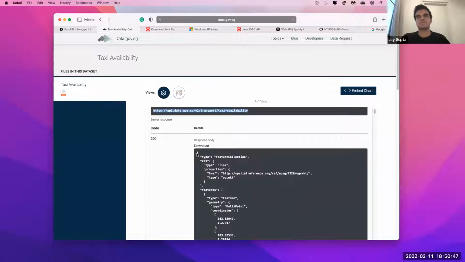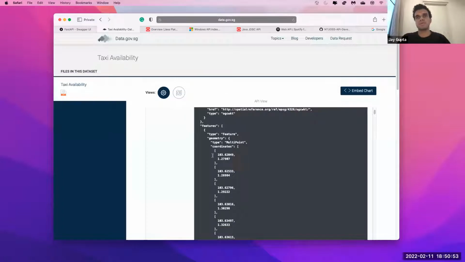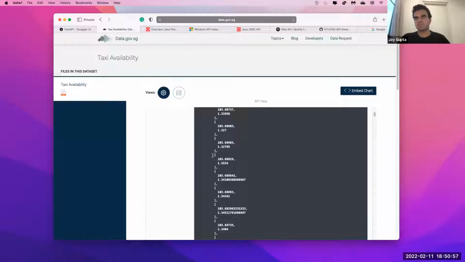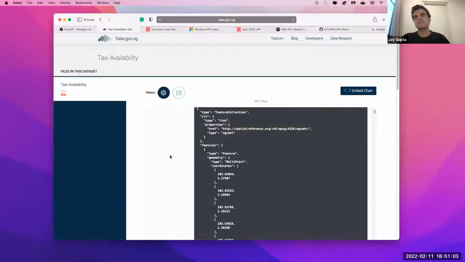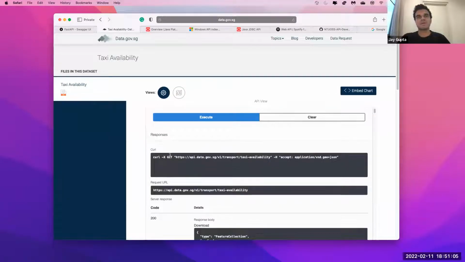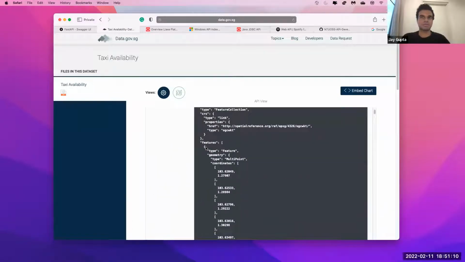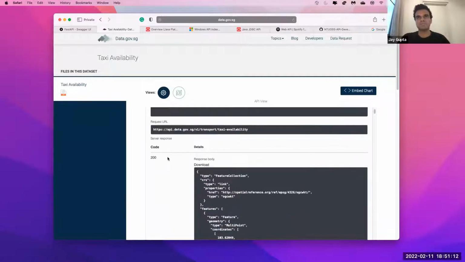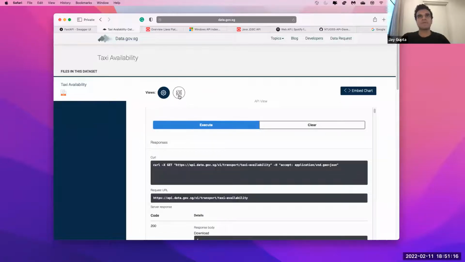you can see that this is the request URL which we queried, and this is the response that we got. The response is basically a bunch of coordinates which tell us the taxi availability right now. It's a bit hard to understand the coordinates when we see it like that, but we have another option of a map here. It will translate the result into a map. It will basically plot the coordinates on a map. So if I click on the map here,